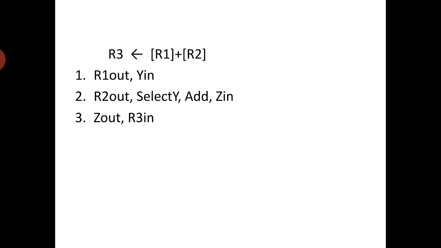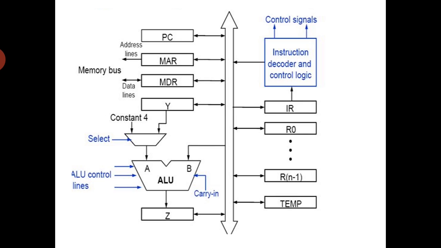For data transferring we have to use the MDR, the memory data register. By using this data register, we will get the data from the memory. So in the next lecture we will see how we have to fetch the data from the memory into the MDR, and also how the data is going to be stored from this MDR register into the memory. So this we will look at in our next lecture.